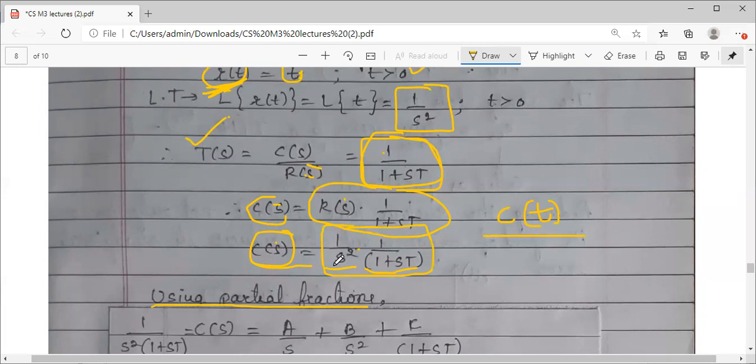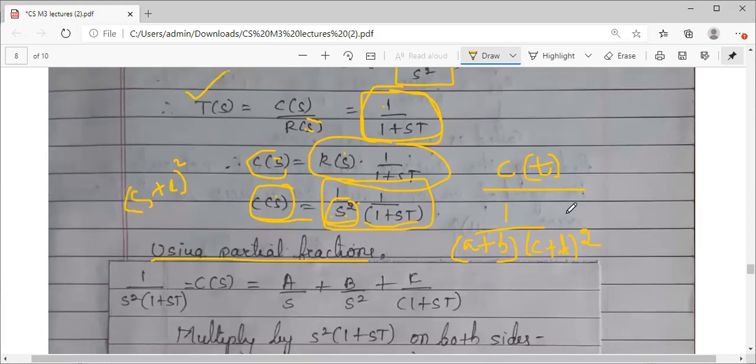Here you have to be a little careful, because you can see the power here. I think in partial fractions you have studied different cases: if the numerator and denominator power is the same, how to apply; if the denominator power is bigger, how to do it, right? So here you can see it is something like this. You have one bracket and one more bracket, but you have a square. So it is not simple, because S is also a bracket, that is S plus 0, S plus 0 square, something like this. So how to expand this? If you have a square, how do you expand it?